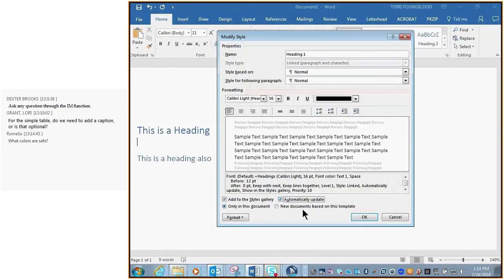Now, you also see this little button here that says new documents based on this template. Now, this, if you didn't select this radio button, when you closed Word, I think there's a question, my little